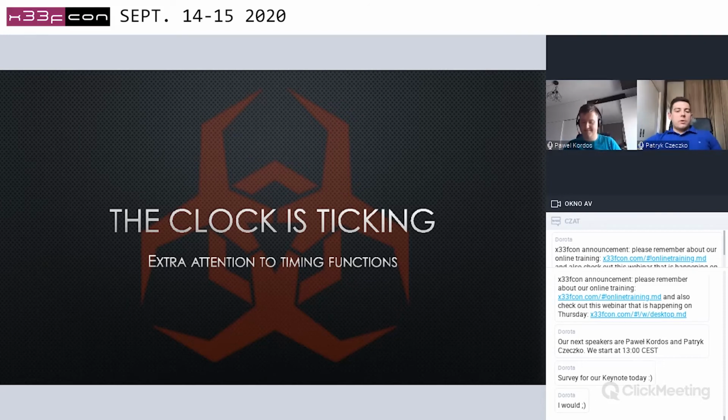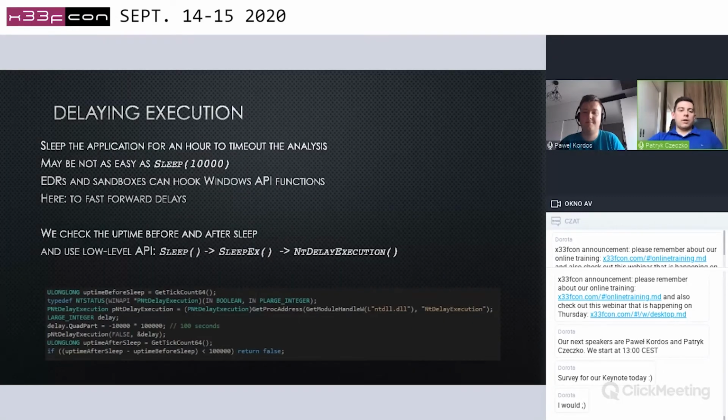Okay, so there's the thing with delaying execution, because, for example, to evade the sandbox analysis, we could just sleep our application for a few minutes. But sandboxes are wise now, and they can just fast forward those sleeps by hooking Windows API functions. So here you see the execution flow of sleeping. Finally, the NtDelayExecution syscall is called, and this function can be hooked by some EDR or on Cuckoo Sandbox, whatever, and